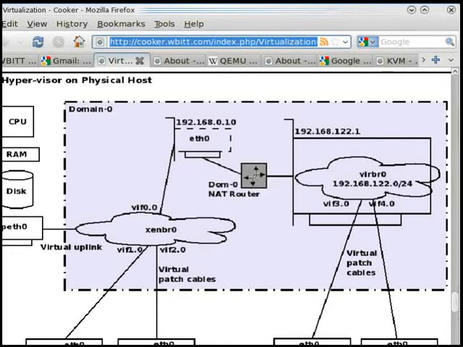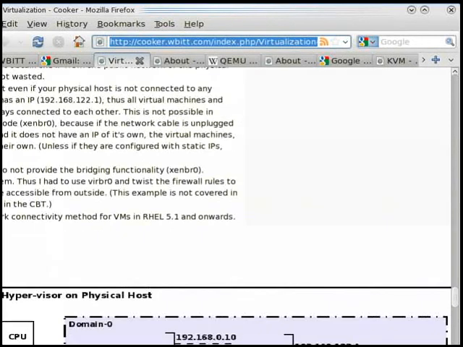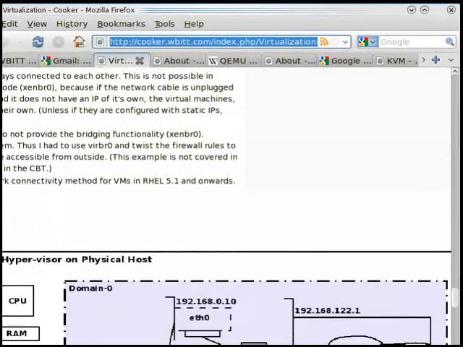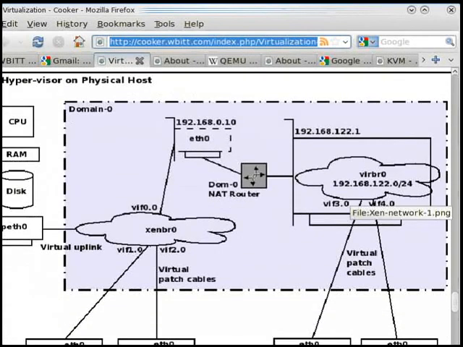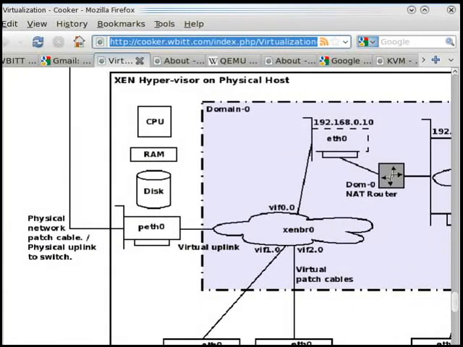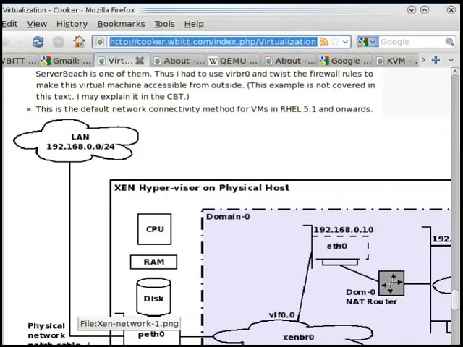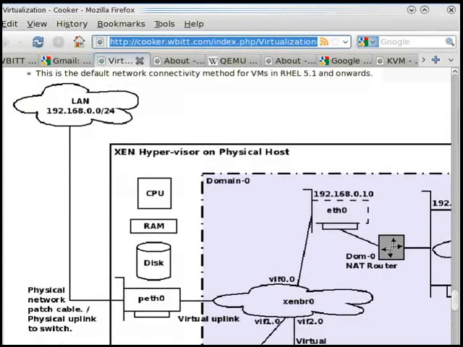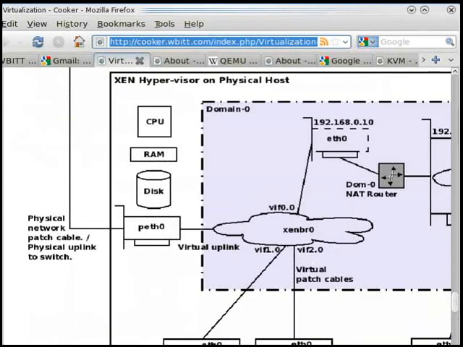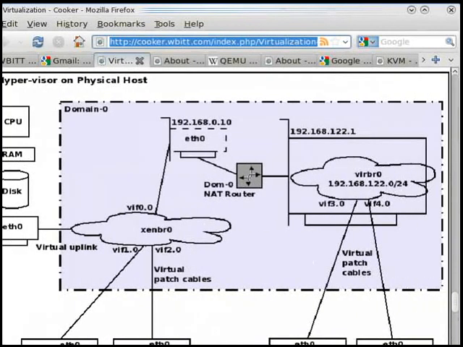and then sent back to these domains here. And these are the virtual patch cables which I mentioned earlier in my document and are also mentioned somewhere around here in the text above. And this is your virtual uplink connecting Xen bridge to physical Ethernet 0, and this is your actual physical uplink, the patch cable to your physical switch. So this diagram, I'm sure you will like it, and it will be very helpful in understanding the concepts of